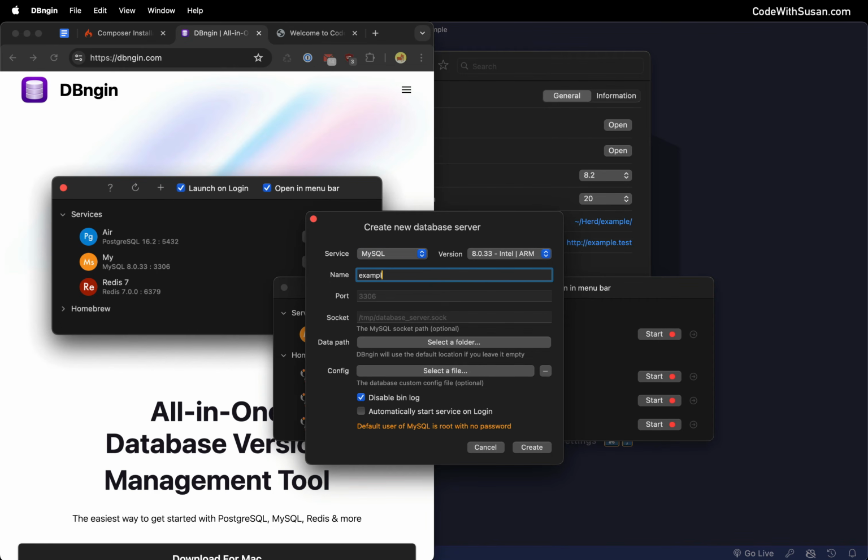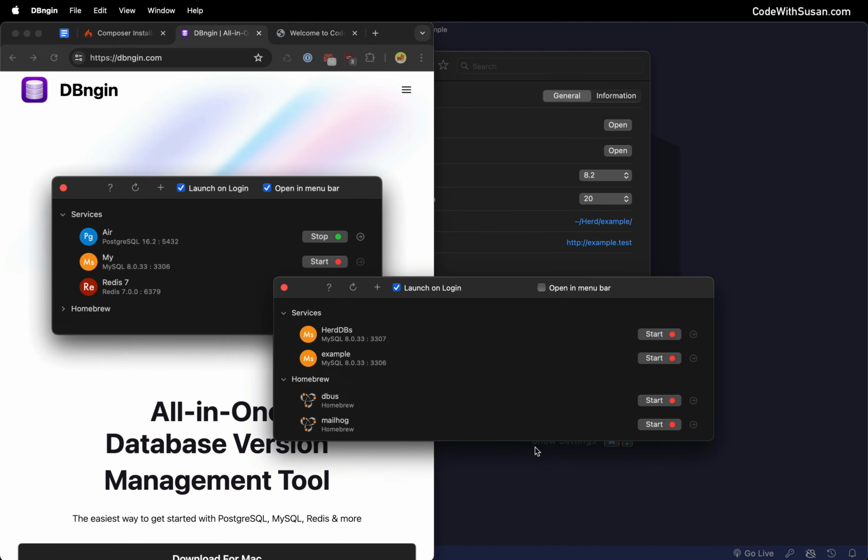I'll give this a name. I'll just call it example as well. And then I can leave everything else as the defaults and say create. With that service created, let's start it up. And we can see it's running by the little green circle. And then once it's running, I'm going to click this arrow and choose the option to open up this database